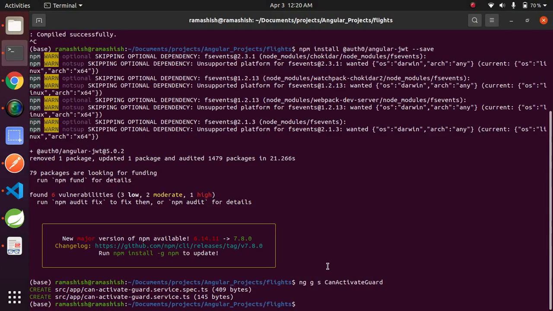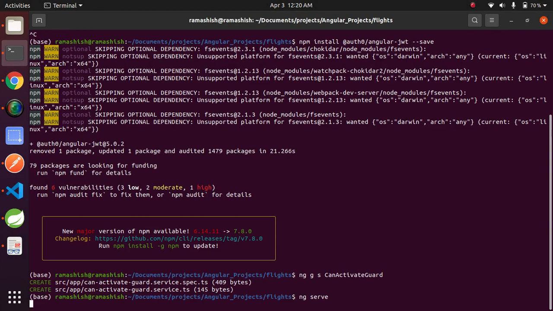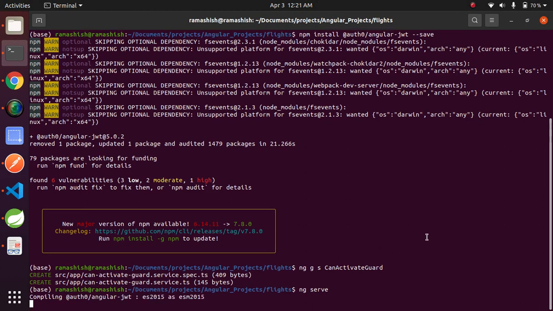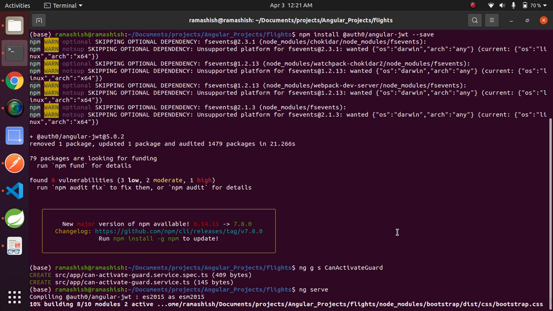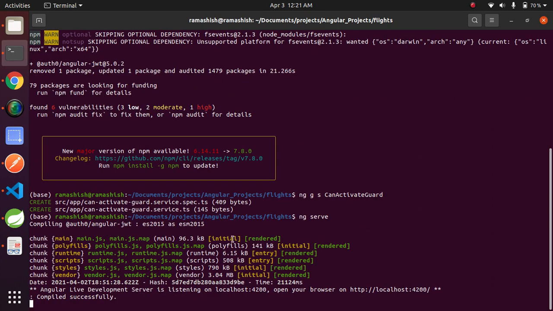Go to your terminal, execute the application. Compiled successfully.